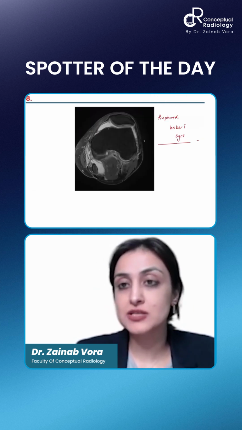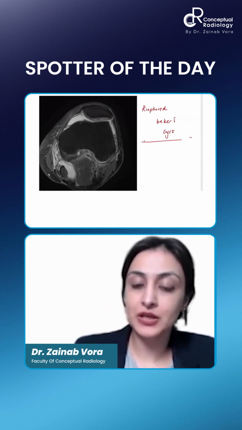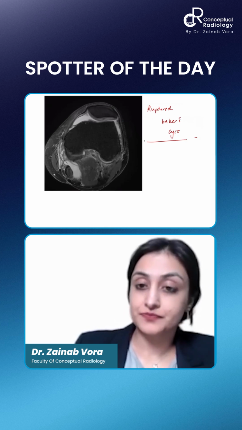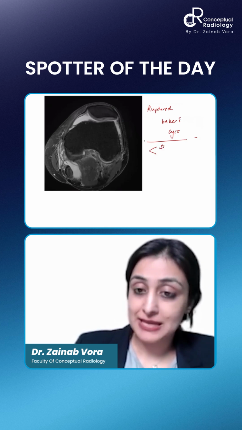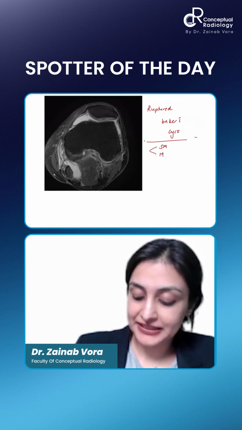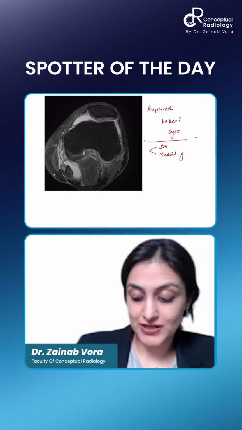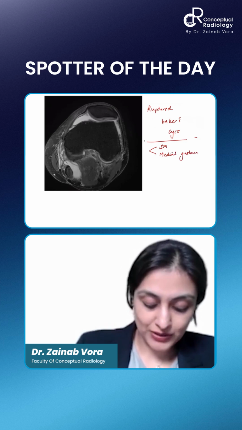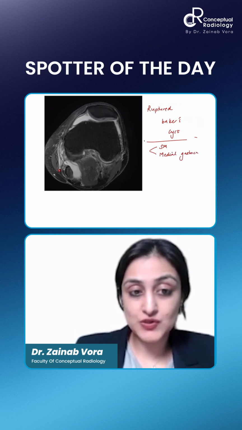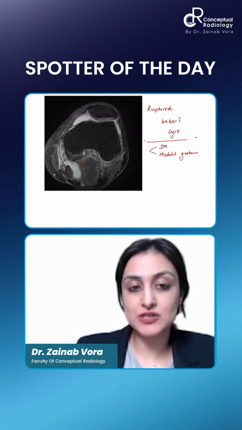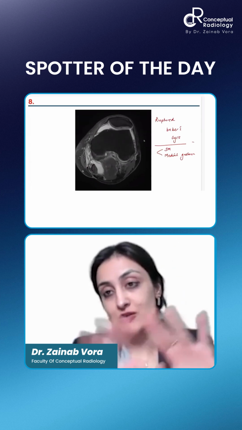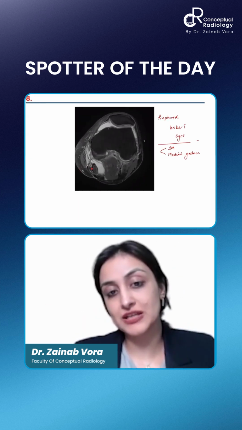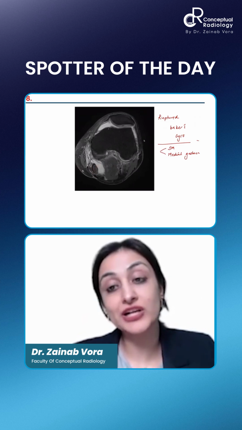Which two muscles does the Baker's cyst happen between? Two M's. So semimembranosus and medial head of gastrocnemius, right? So you can remember these two. So you can always find the semitendinosus, and next to it the semimembranosus and medial head of gastrocnemius. So that's where the typical location is. And here also you can see that that's where the fluid collection actually is.